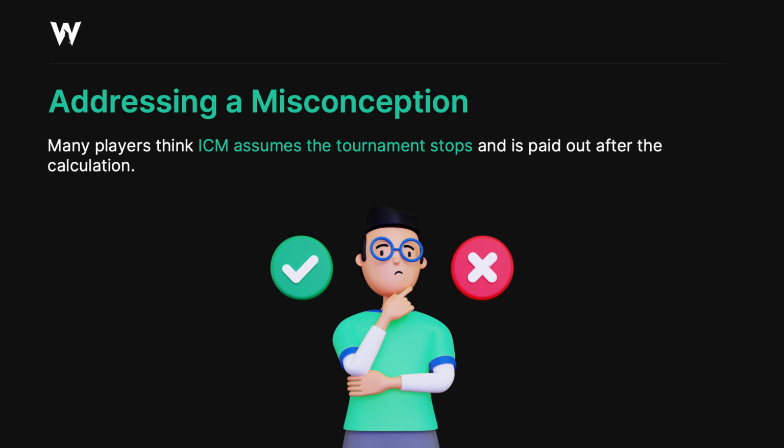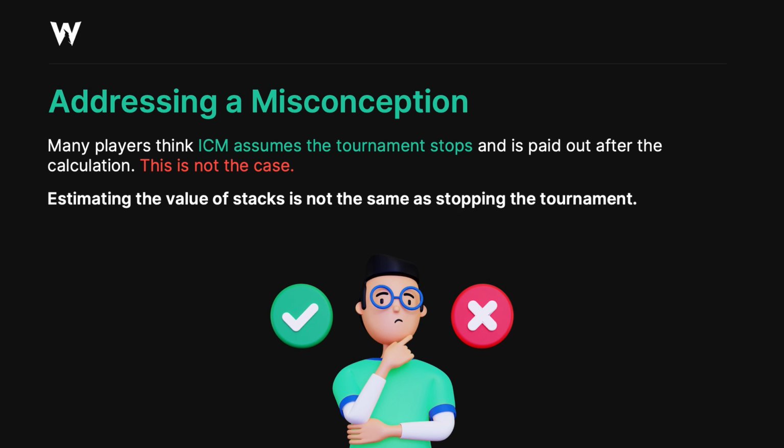Let's address a common misconception. Many players believe ICM assumes the tournament stops and is paid out after the calculation. But this is not the case. Estimating the value of stacks is not the same thing as stopping a tournament. Imagine that you're looking at a cash game instead of a tournament, and you want to figure out the expected value of some hand on the flop. Would you say that the hand stops after you've assigned an expected value to it? No, that's silly. Assigning a value to some hand or some stack does not assume that the hand or the